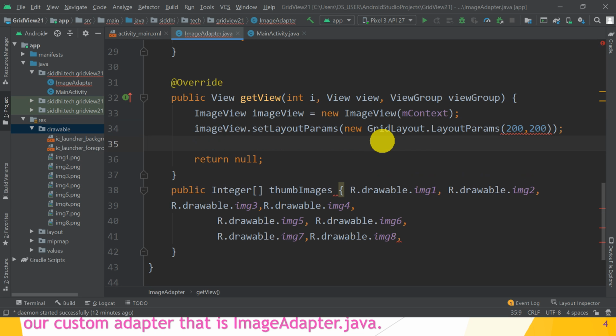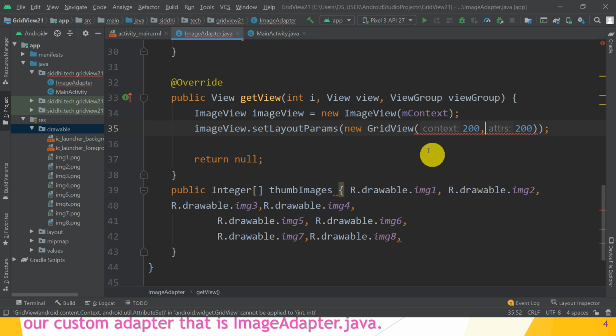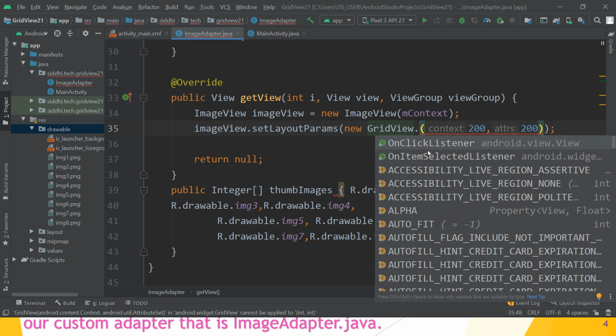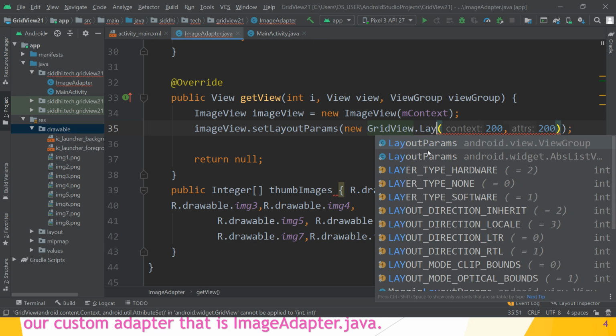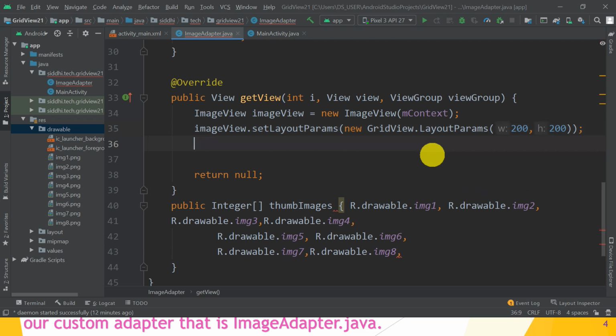LayoutParams means parameters, width and height, 200 by 200.